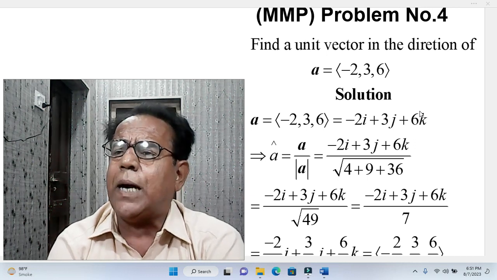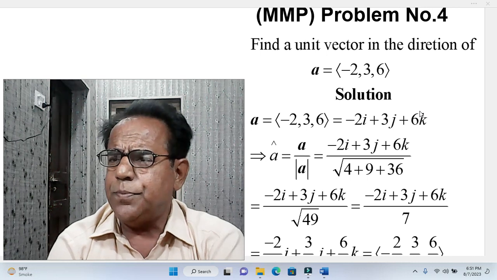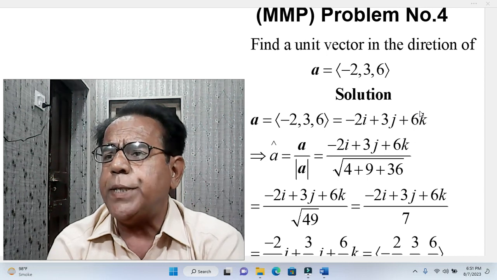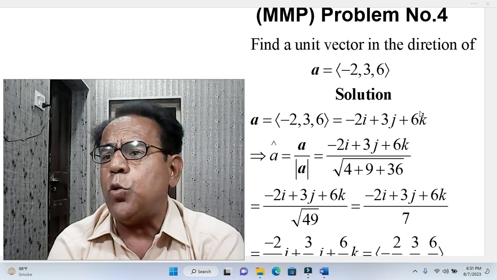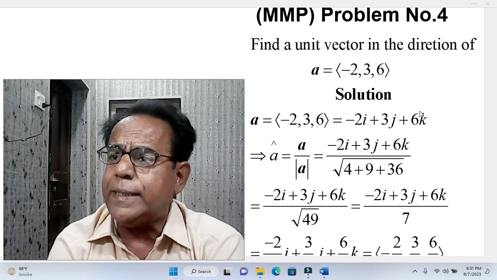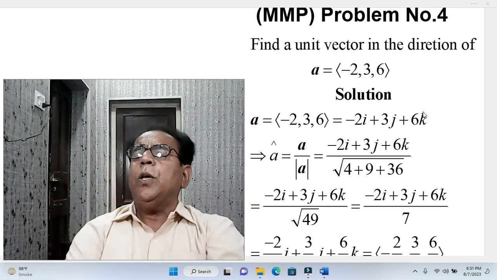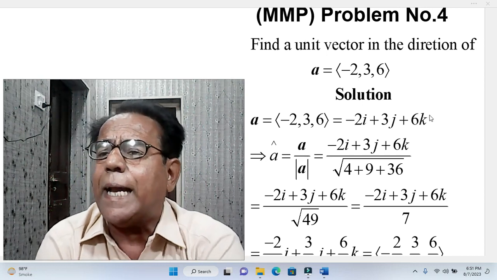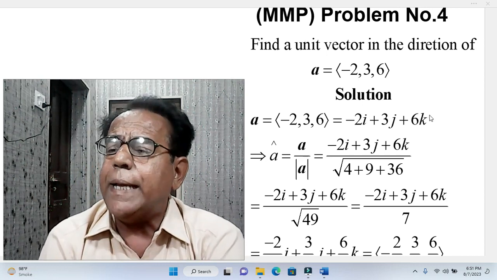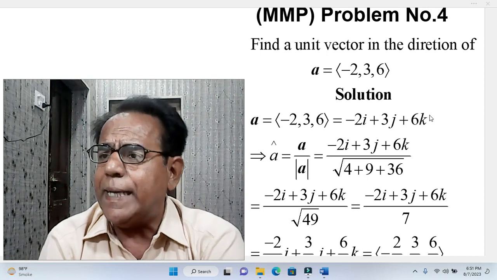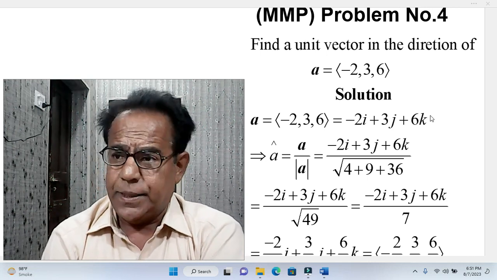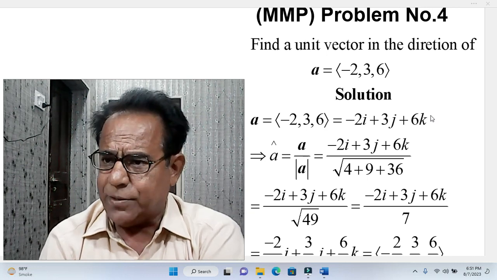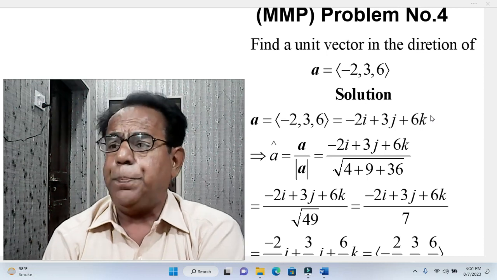clarified our view that vector a equal to <-2, 3, 6> becomes equal to -2i plus 3j plus 6k. Okay, that is to say, instead of this angle bracket we can write vector a as -2i plus 3j plus 6k. Okay, where i, j, k are unit vectors along x-axis, y-axis and z-axis. Okay, this implies that